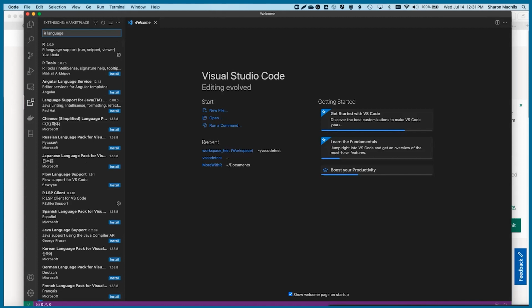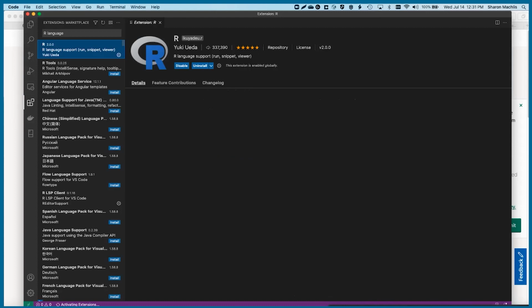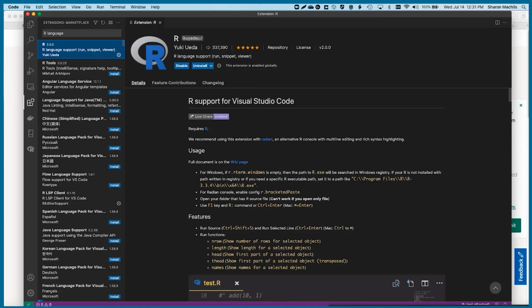If you search just for R, that'll bring back a lot of results you don't want. Even this does. I'll choose this top result, R 2.0.0, which also happens to be the one that David Smith recommended when I asked him about it. Here you can see I've already installed it, and I've got buttons to disable or uninstall. But if I needed to install it, there would be a button I would click for install, and it's very easy and quick to install.